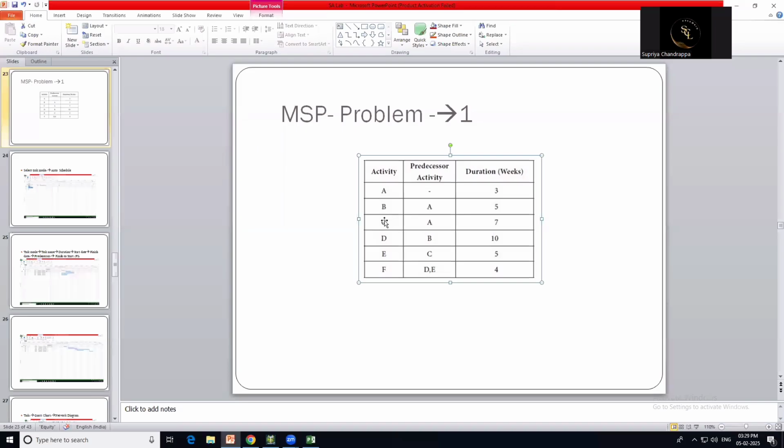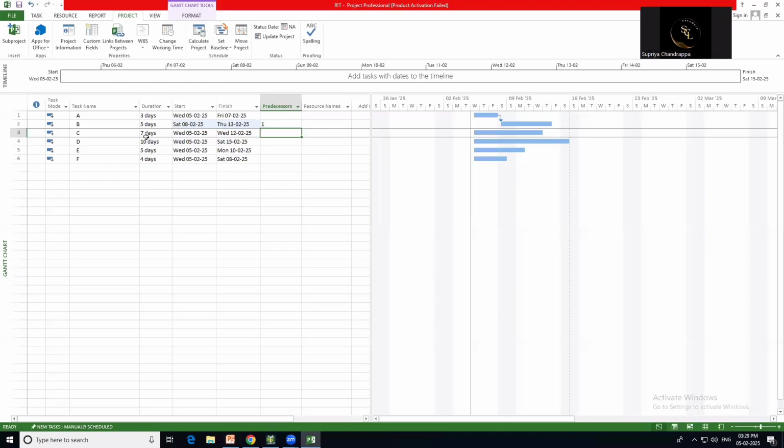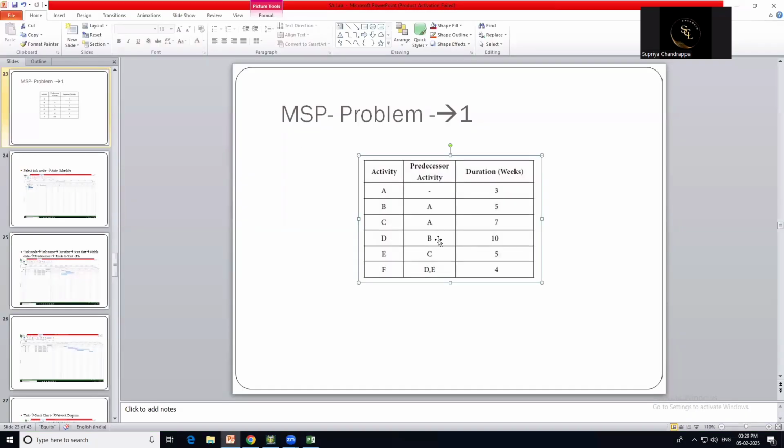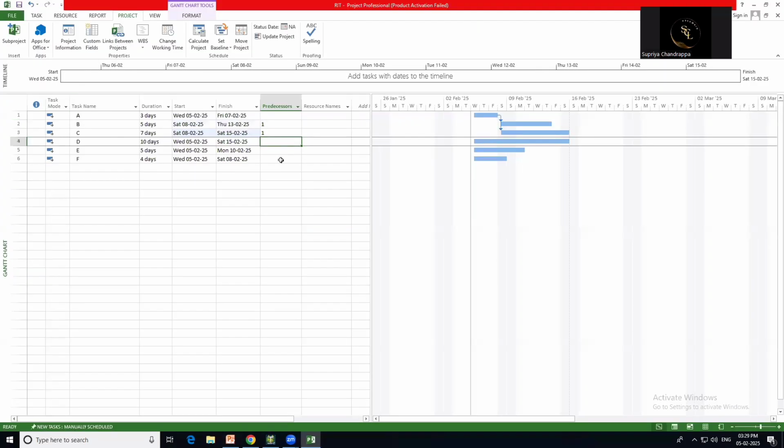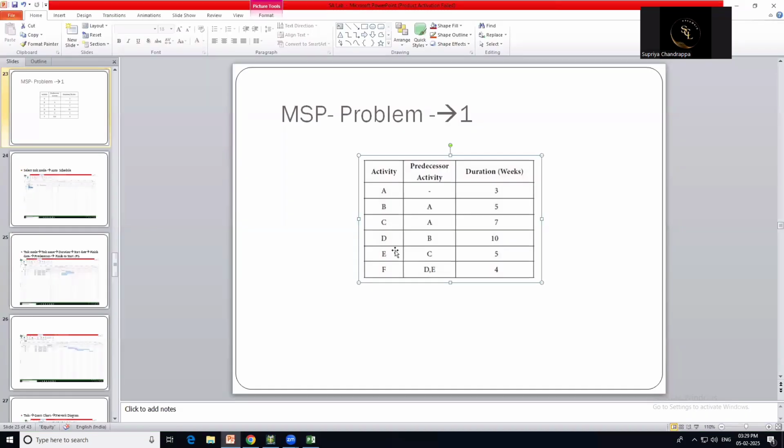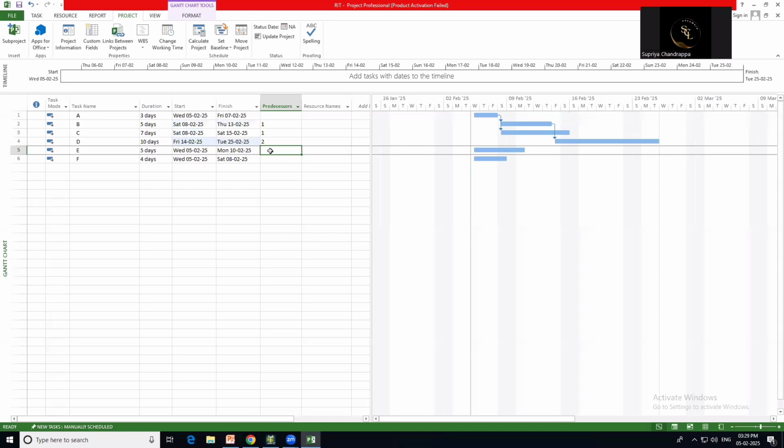After that, for Activity C, Activity A is a predecessor, that is 1FS. For Activity D, Activity B is a predecessor. Activity B is at serial number 2, row number 2, that is why I've taken it as 2FS. For Activity E, Activity C is a predecessor.